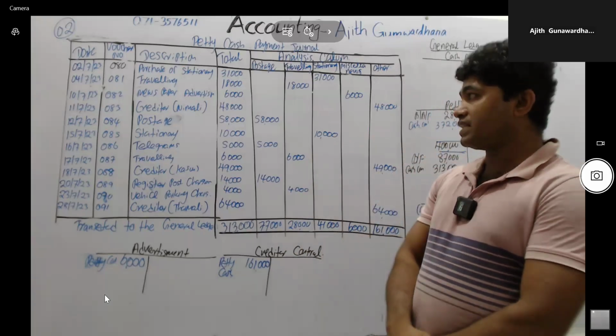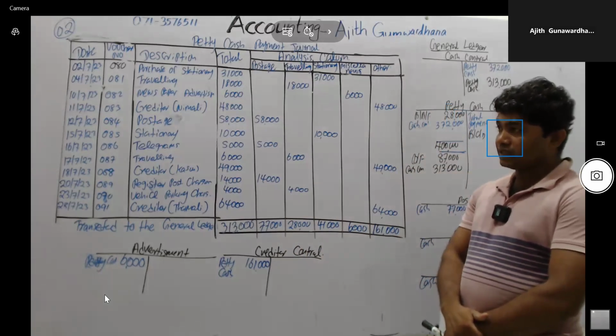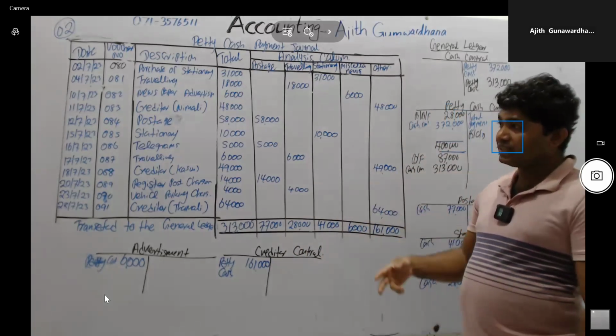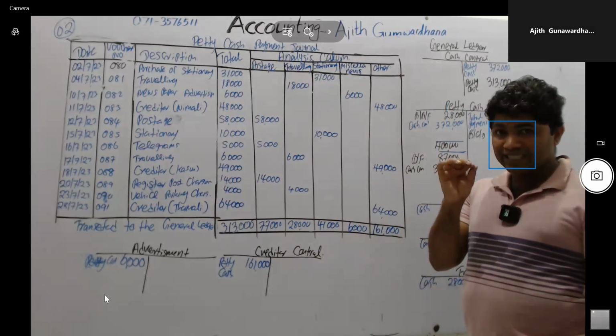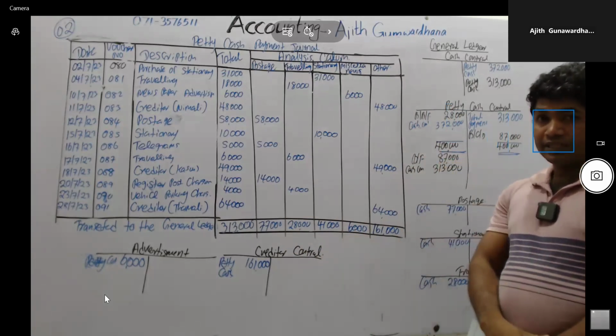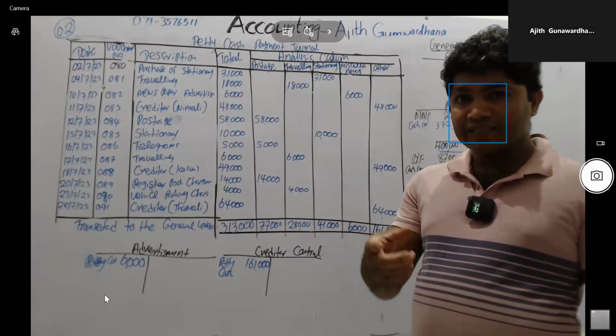We have discussed there are 7 primary books: cash receipt, cash payments, purchase, purchase return, sales return, and petty cash payment journal. Next week I will discuss the general journal also. Then you have to know how to record that information in the general ledger as well as the debtors and creditors